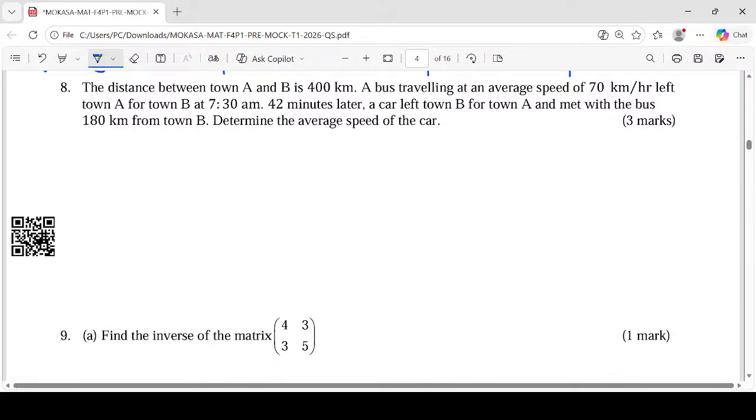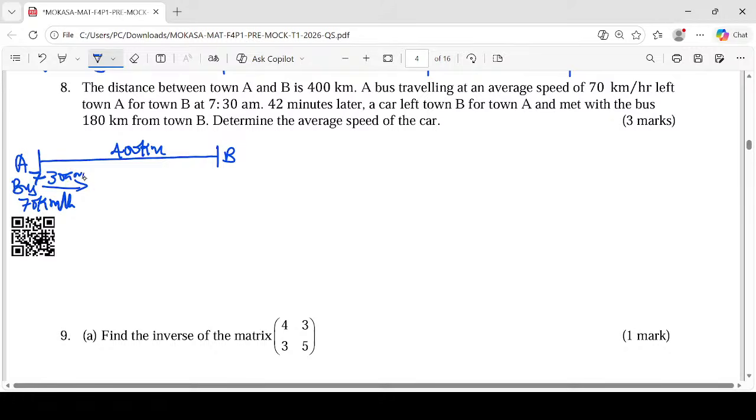So we have two towns here, town A and town B. The distance here is 400 kilometers. A bus traveling at a speed of 70 kilometers per hour left town A for town B. So we have a bus here. It was moving at a speed of 70 kilometers per hour. It left at